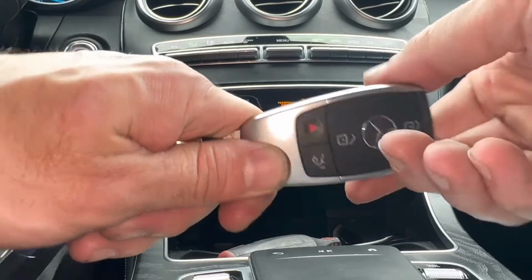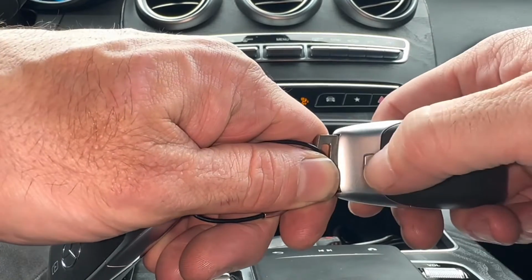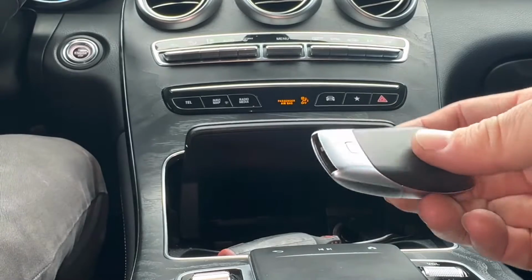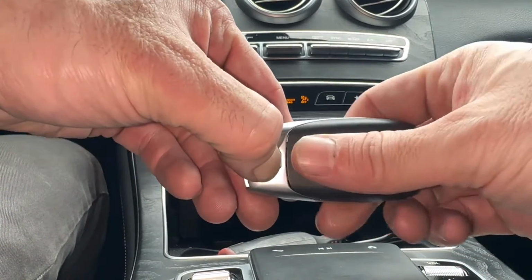If we take our key fob and look at the back of it, we're going to notice that there's a button right here. Now we're going to push and hold down this button with our thumb, and we're going to take out the emergency key, okay? Once we have the emergency key taken out, we're going to press and hold that button again with our left